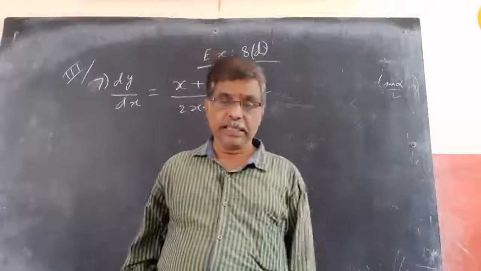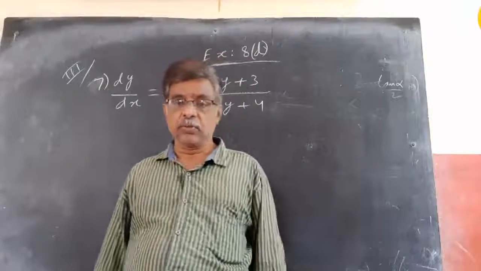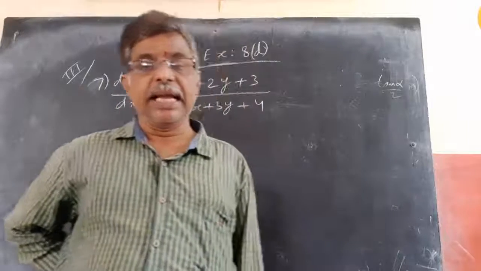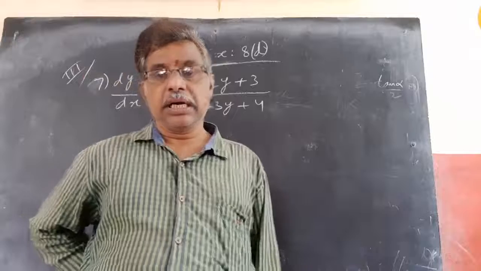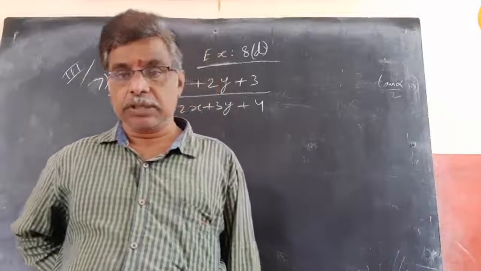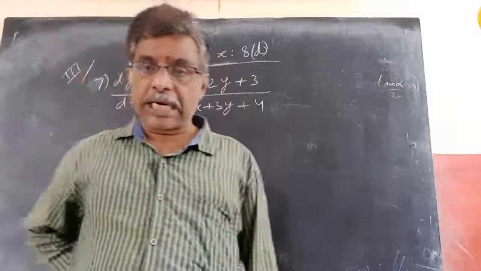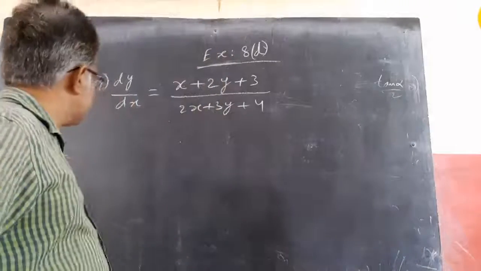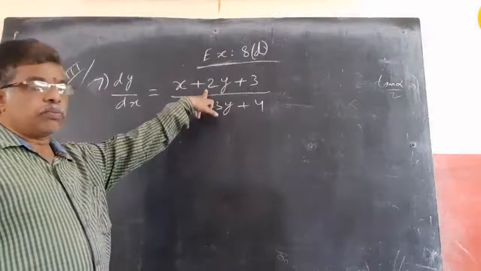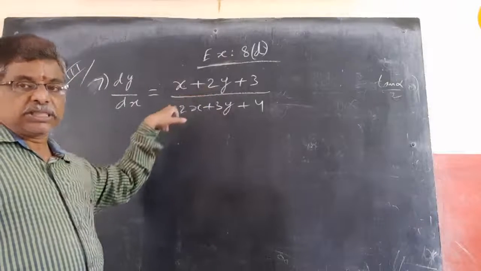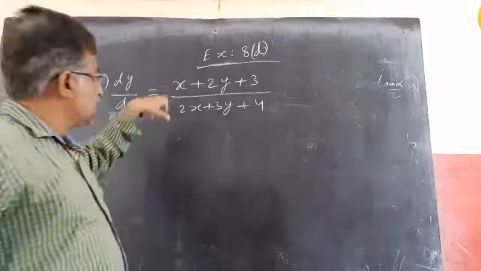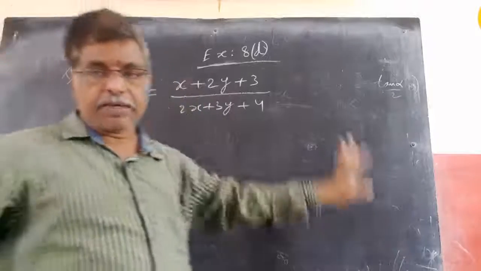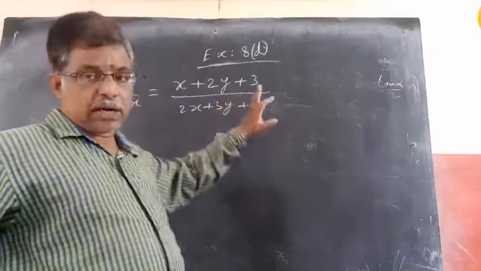Good morning everybody. Yesterday we discussed non-homogeneous differential equations, the first two cases where a2 equal to minus b1 and a1 by a2 equal to b1 by b2 equal to c1 by c2. If it is not one of those two cases, then the third case comes into the picture. If you observe here, a2 not equal to minus b1: this is plus 2, this is also plus 2, so not that case. And a1 by a2, this is 1 by 2, this is 2 by 3. So a1 by a2 not equal to b1 by b2. But a constant is there, so this is non-homogeneous.